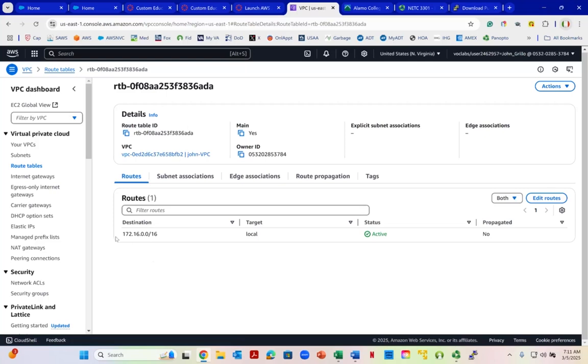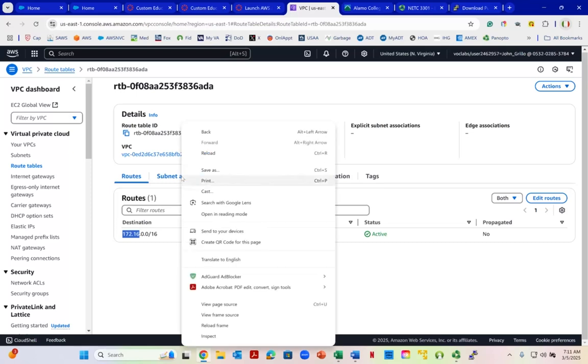Notice for the existing route, there's a destination that says, basically what this means is anything beginning with 172.16 is a local route, and you have connectivity to any private IP in the virtual private cloud. In your virtual private cloud, there's a local route for it, so you can communicate with devices in your VPC that have a private IP. Okay, we'll make the subnet association,